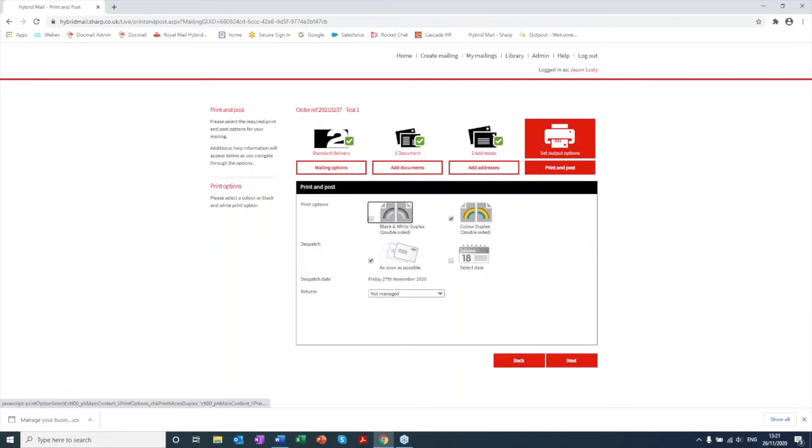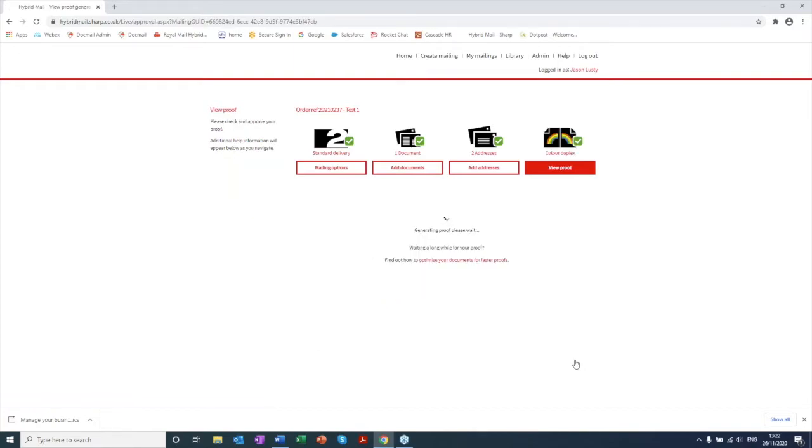Once we're happy with our addresses, we click next. We're defaulted on color duplex because on this occasion it is a postcard, so it prints both sides, and we've got it set to as soon as possible. So as soon as possible for us is any orders received up to 5 p.m. Everything gets batched for production and produced overnight and released into the post the following working day. So if we're happy with our selections, we click next,